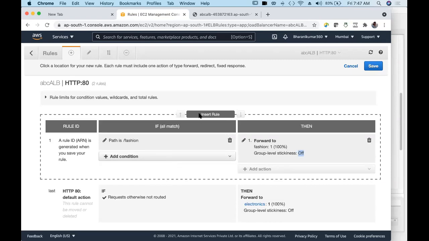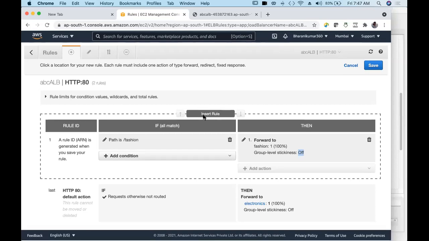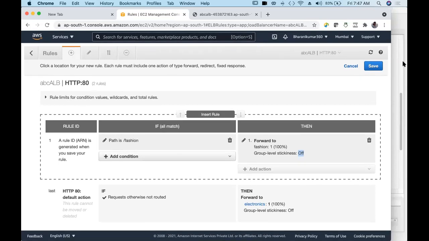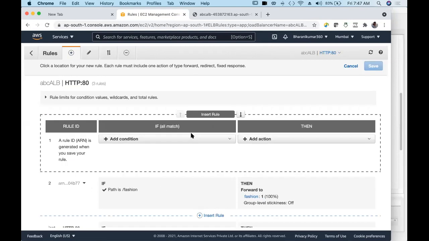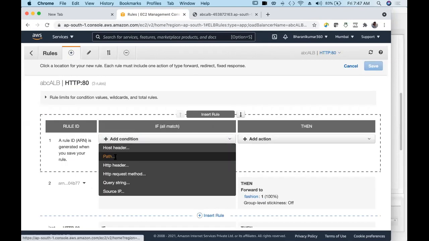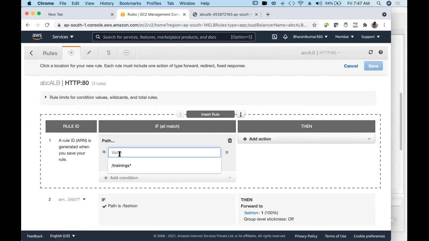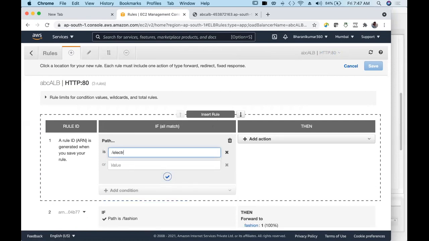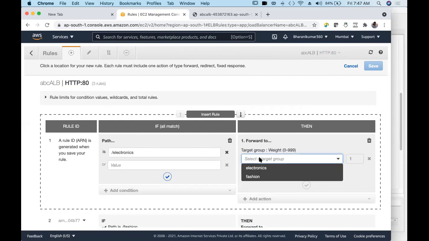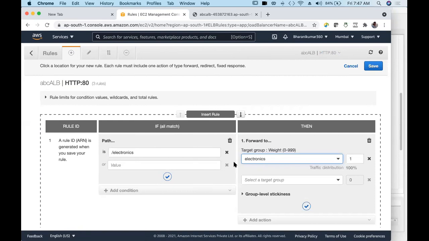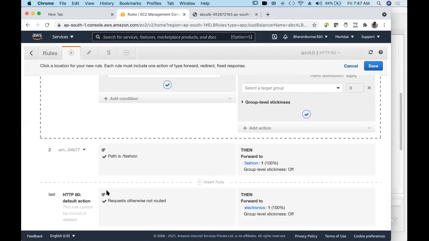And we want another rule. Save, and then insert another rule, add condition, path again. If path contains slash electronics, right, that's it. So here our default target group is also electronics.